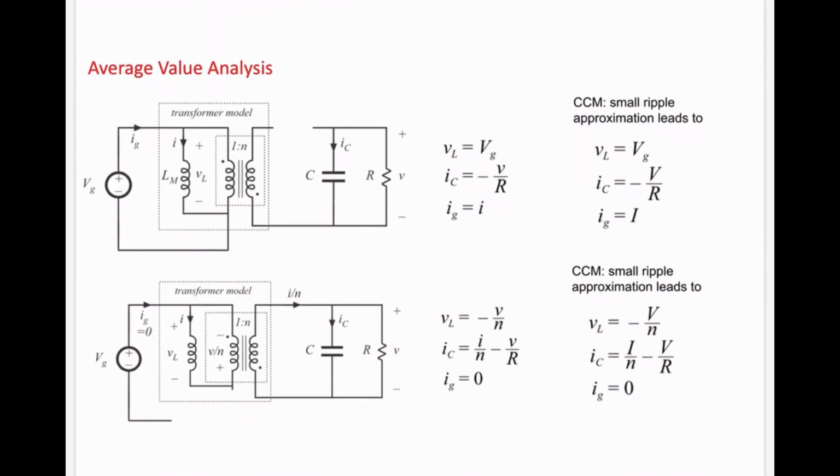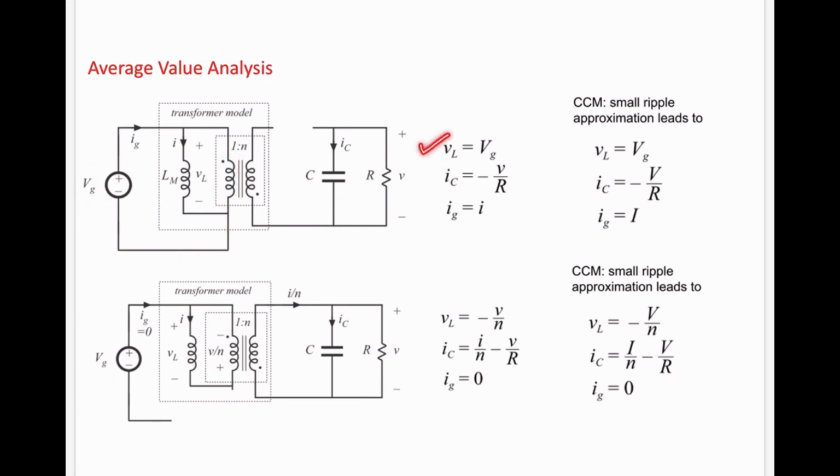We can perform the average value analysis to develop the transfer function of the buck boost converter. Previously, we have developed it by comparing the change of current through the magnetization branch in the on state and in the off state. But we can get the transfer function by volt second balance. Okay, now let's briefly discuss how we can apply that concept. Your voltage across your primary winding is, let's suppose, VL, and that is equal to VG when your switch is in the on state.